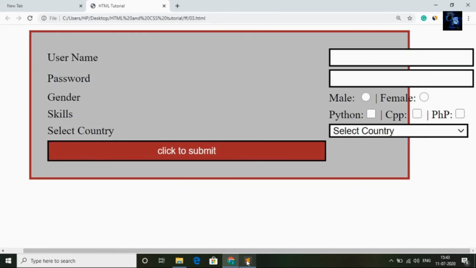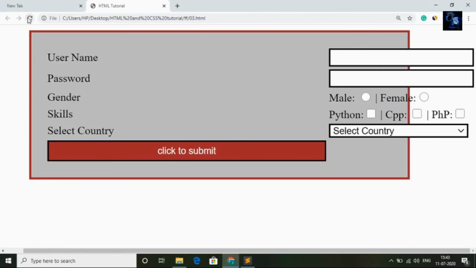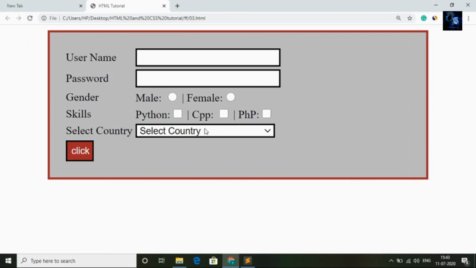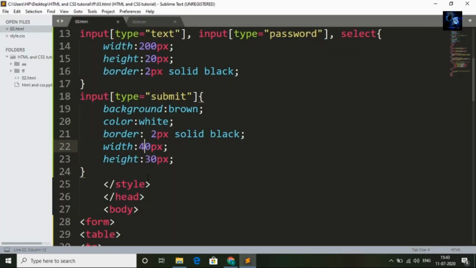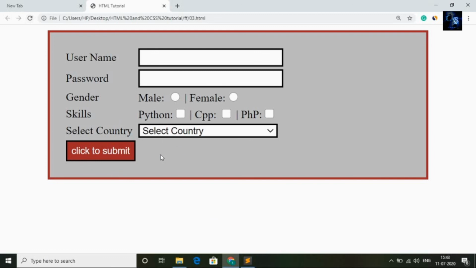Width is more. I will reduce the width to 40. Yeah, no, 40, no, 100. Now I will save this and go back to the browser. Yeah, it's looking nice. This is how you can create a form in HTML and apply CSS.